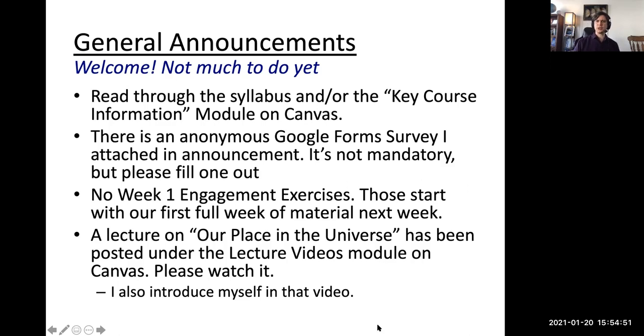I've created a Canvas discussion about your reactions to it. Make sure that you provide your reactions there. I'm looking forward to engaging with you and getting to know my class by your